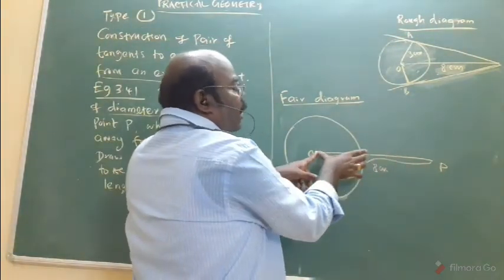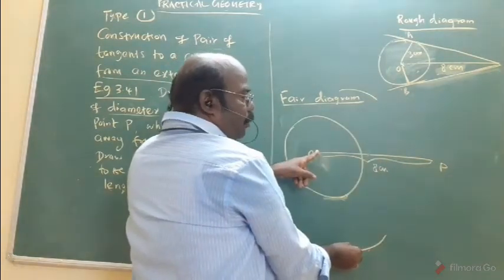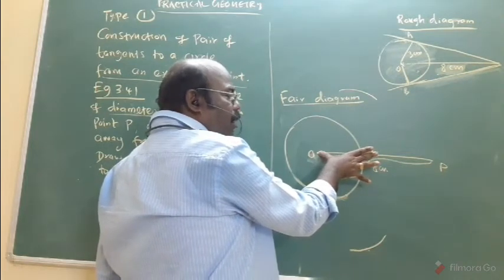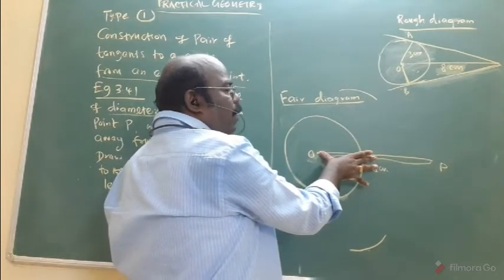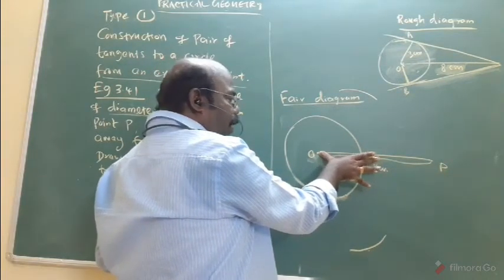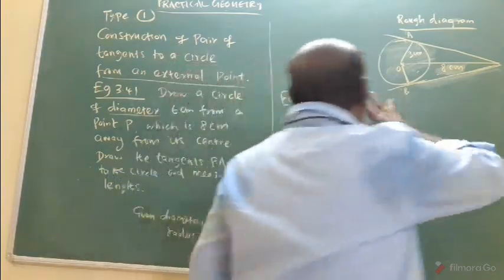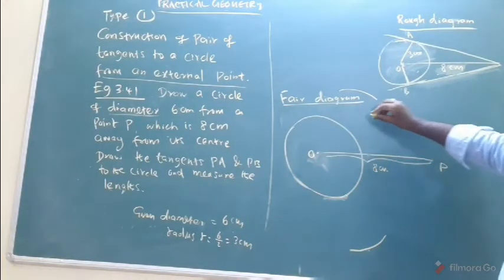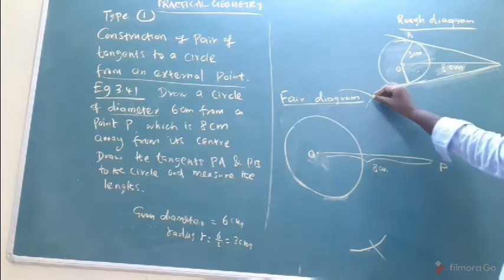Take the length. By using the compass, cut the arc from O, above and below. Take the measurement of OP. 8 centimeters I already know. Take more than half of the length of OP, approximately 6 or 6.5 or 7 or 5, 5.5, whatever it may be. Only a rough calculation. Cut the arc from O, above and below. With the same length, cut the arc from P to the previous arc, above and below. The both arcs intersect each other, no?